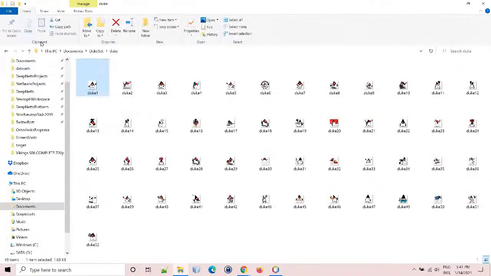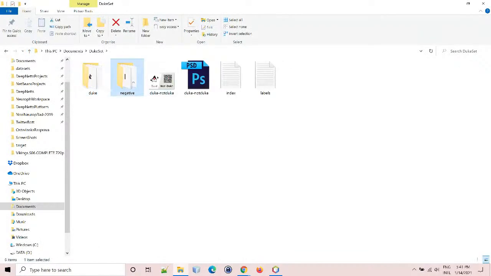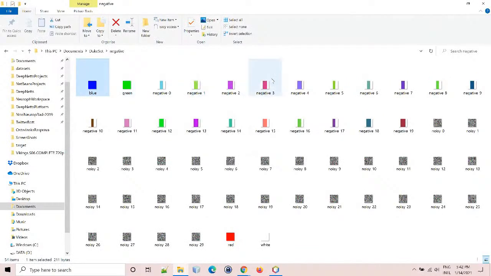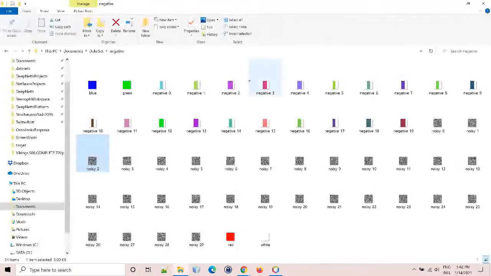Now, in order to know what is Duke and what is not a Duke, we provide negative examples. So our machine learning algorithms, we don't want to say if there is a blue color, a red color, it could say, yes, this is a Duke. We want to make sure that it does not get trigger recognition if there is some amount of specific color in image. So we generate a bunch of these negative examples, which can be full color, or it can be other objects, or we can just create like some noise of random pixels, because all these images are interpreted as